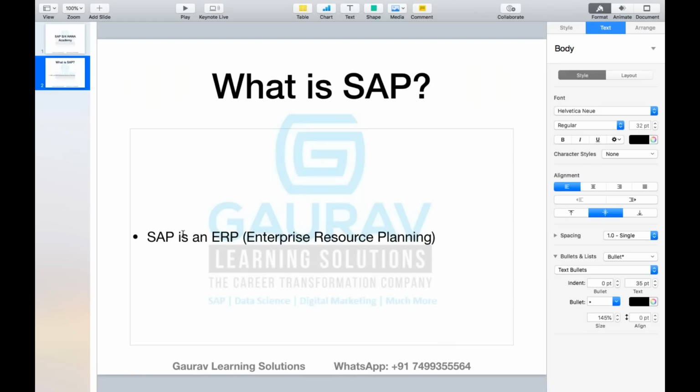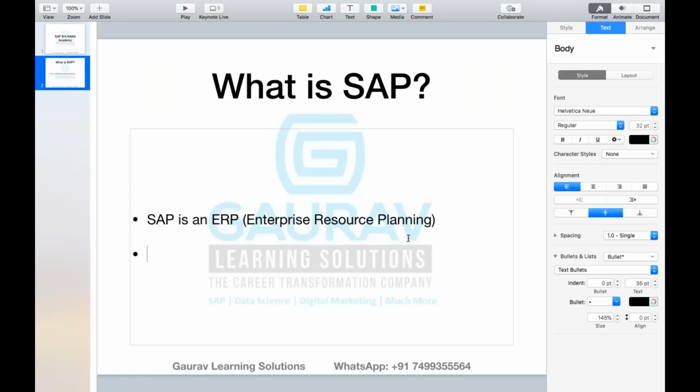Okay. Yeah. So SAP is an ERP, which stands for Enterprise Resource Planning. What exactly is ERP now? That is the second question. ERP is a kind of software, but the only benefit of implementing ERP is that it is an integrated software. I'm just introducing simple terms rather than making it very complicated. So ERP we can say is an integrated software which integrates